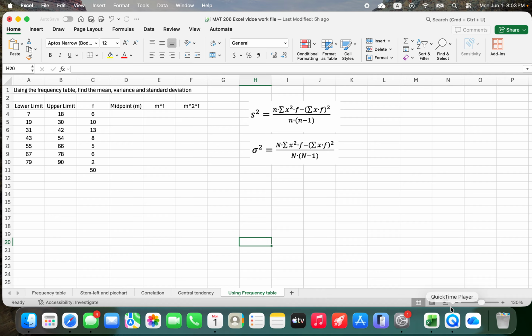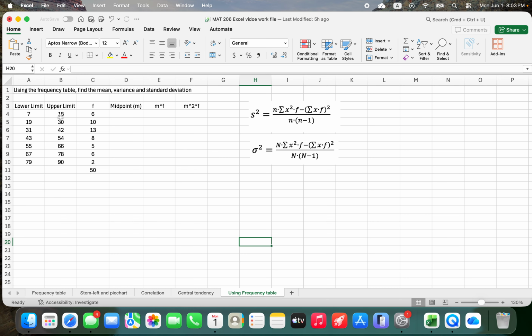So this time, using the frequency table, find the mean and variance and standard deviation. So look at this table please. As you see, we have a lower limit and upper limit, and a frequency value here. The only information we know is that the 6 data belongs to